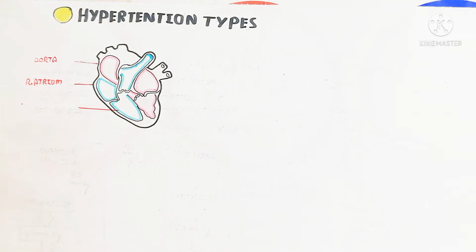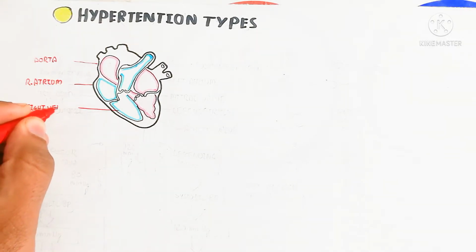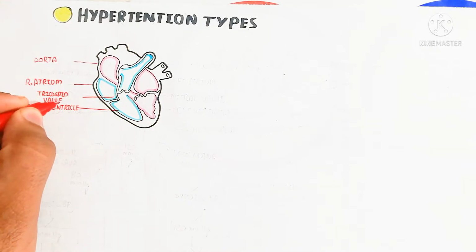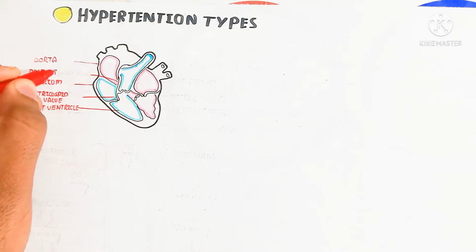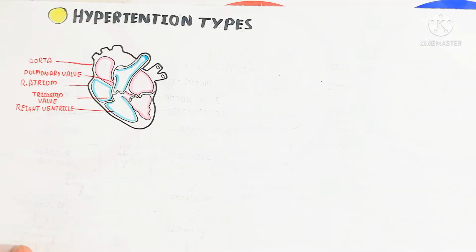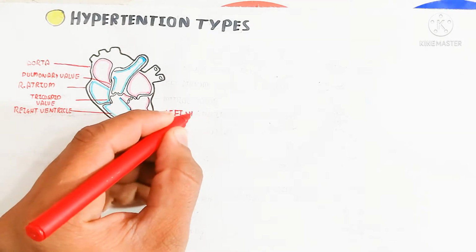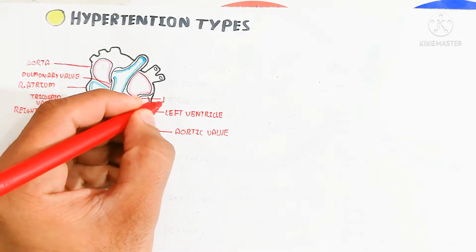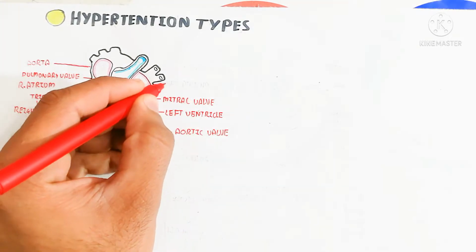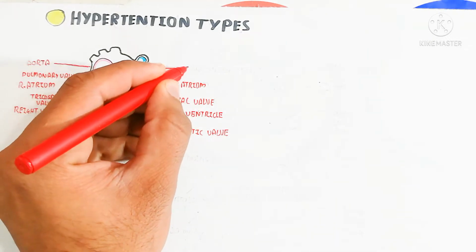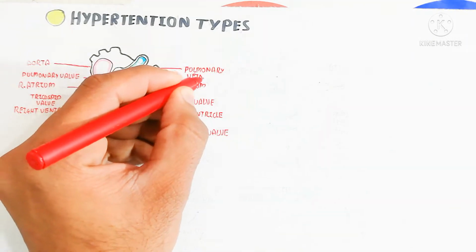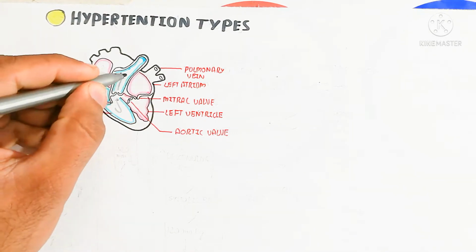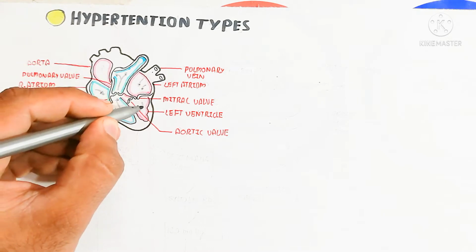The right atrium is used for the reception of blood, and the right ventricle contains a tricuspid valve, while here is the pulmonary valve, which transmits the blood into the lungs, while here is the mitral valve, which is present between the left atrium and left ventricle, and this is used for the flow of blood from the lungs into the heart. And in this way the aortic valve is used for the ejection of the blood from the